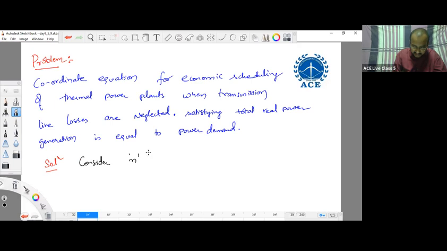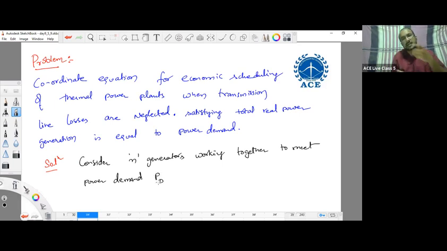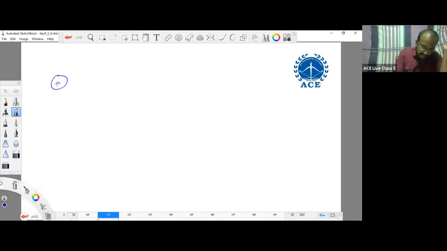So now let us consider n generators working together to meet the power demand of PD. Now if you consider the n generators like this, so this is generator 1, this is generator 2,